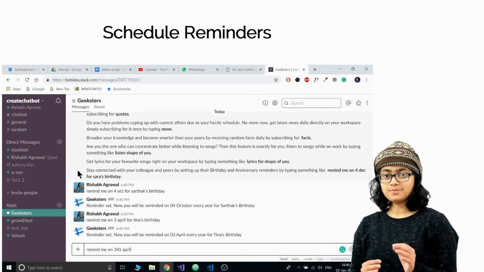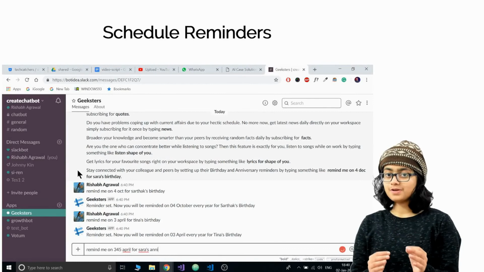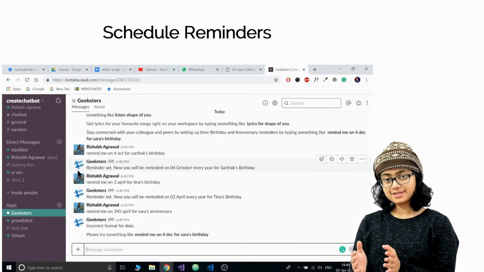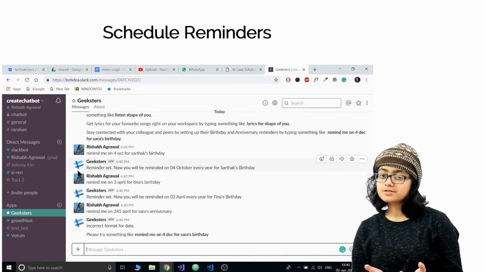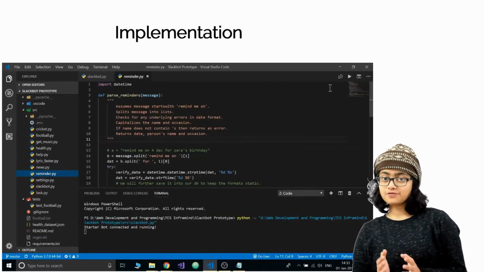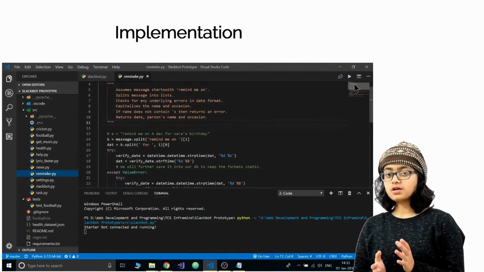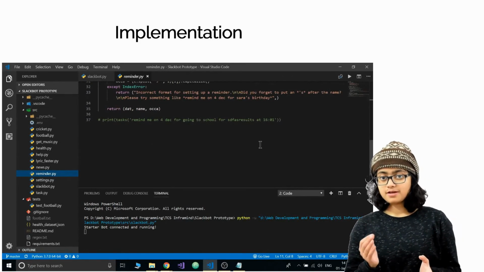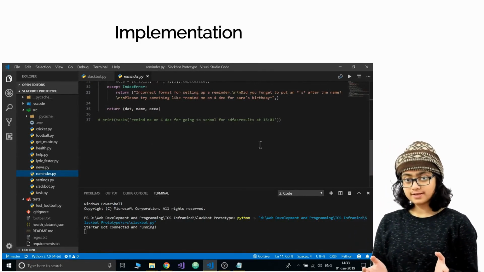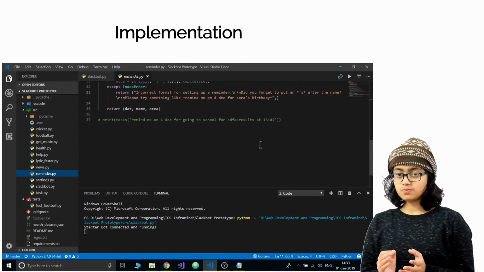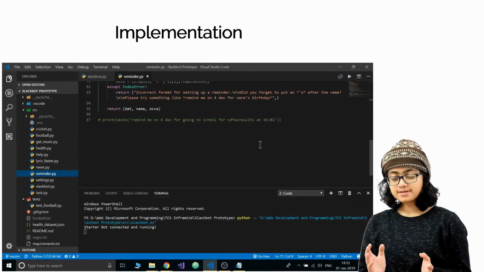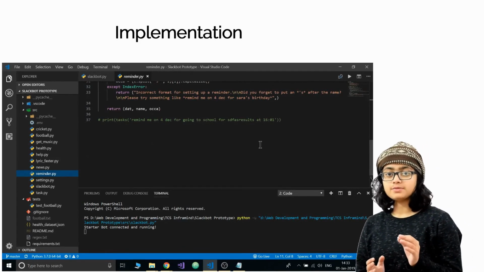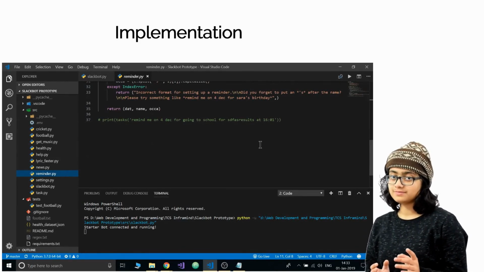When the users send a message to schedule a reminder, beginning with "remind me on," followed by the occasion date, peer's name, and occasion, it first checks the format of the message typed. If it is invalid, it returns an error letting the user know what went wrong while scheduling their reminder. When everything is parsed correctly, the reminder gets stored in the reminders table in the database, and the user gets a confirmation message letting them know that the reminder is set for the occasion.